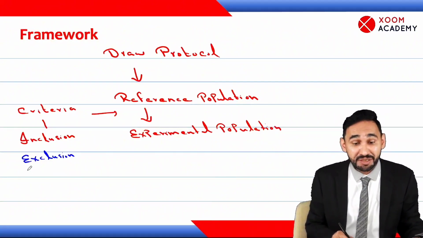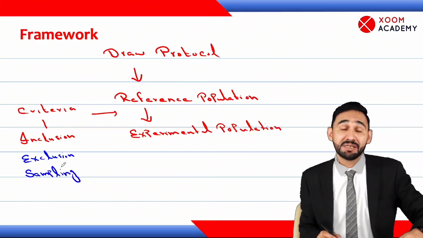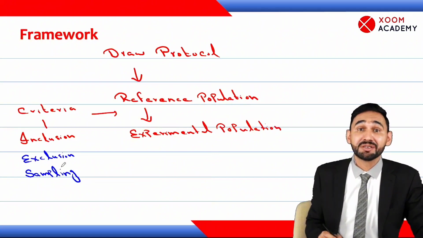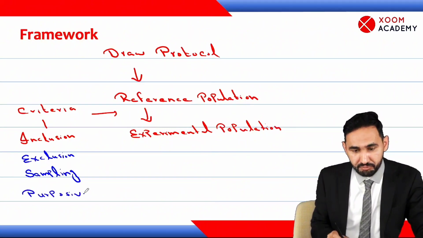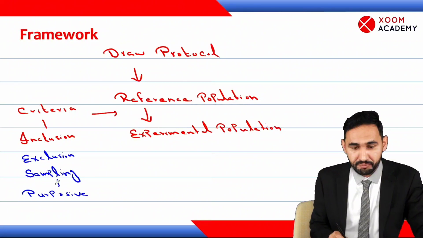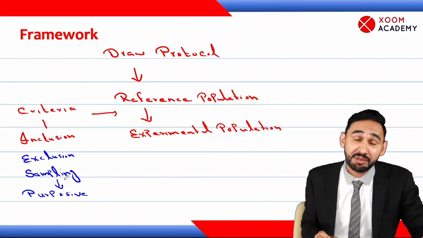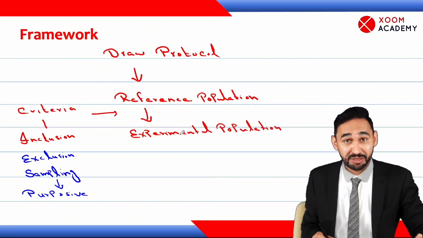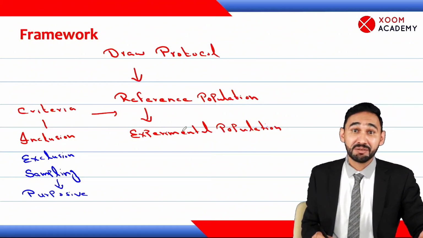And we have to adopt a certain sampling technique. We will select the population on the basis of the sampling technique. It's a common question: which sampling technique is used in randomized controlled trial? The answer is purposive sampling. Why purposive sampling? Because we have a predetermined idea of what we want to do in the study. So we will do purposive sampling or non-probability sampling in a randomized controlled trial. After doing this, we'll select the experimental population. The experimental population should be from the reference population and it must be a true representative.